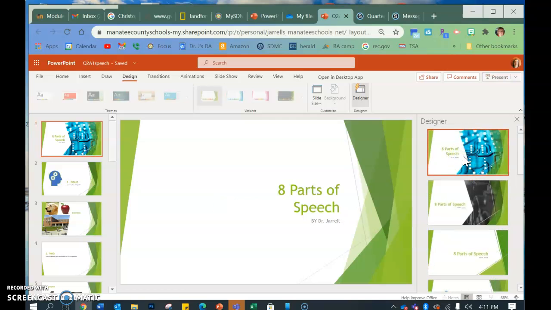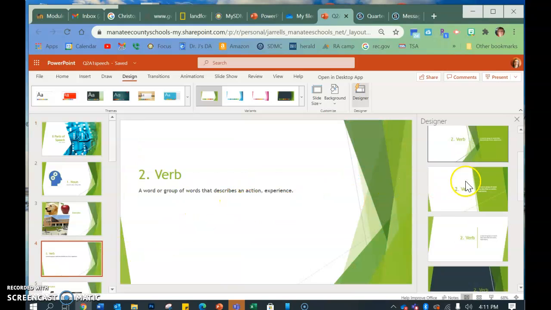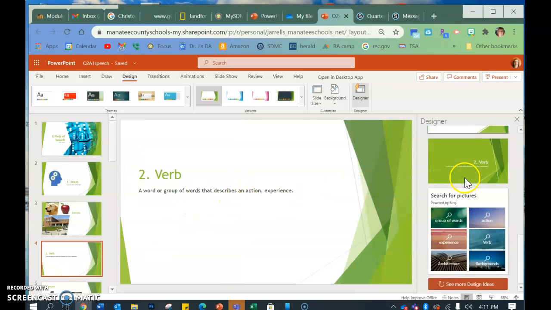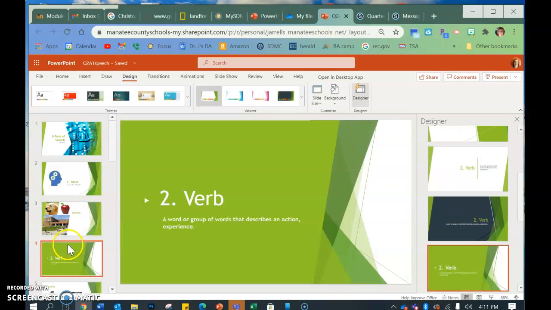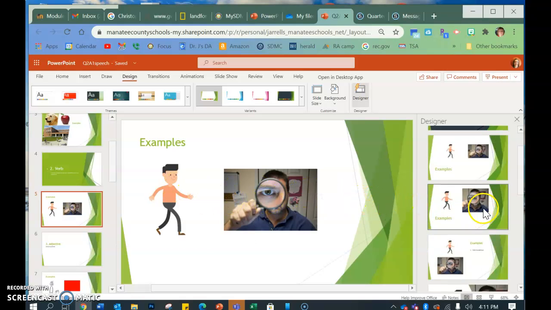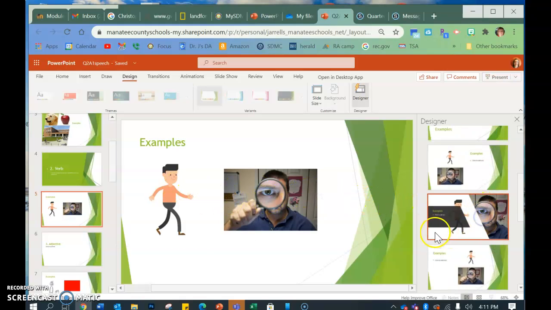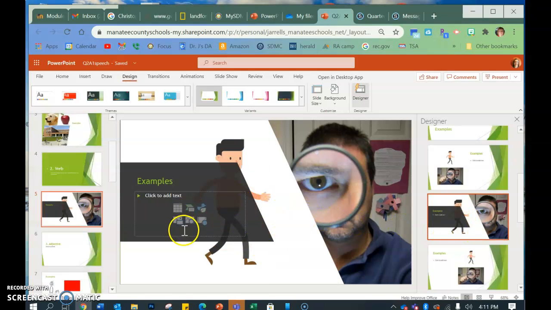So you can select whichever one it is that you want, and you're going to do all of your slides, so you can see which one looks better. And you will do all of them, and then you will save it as